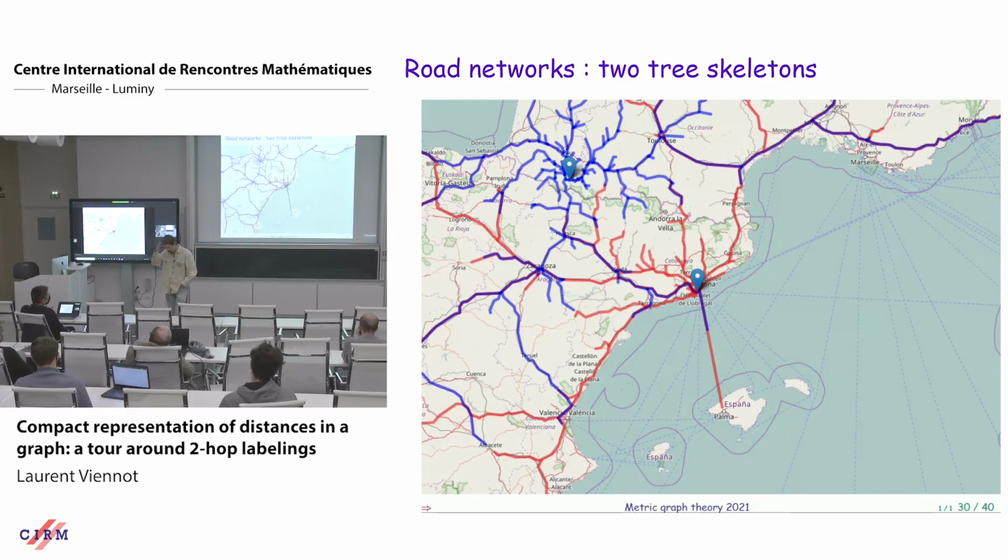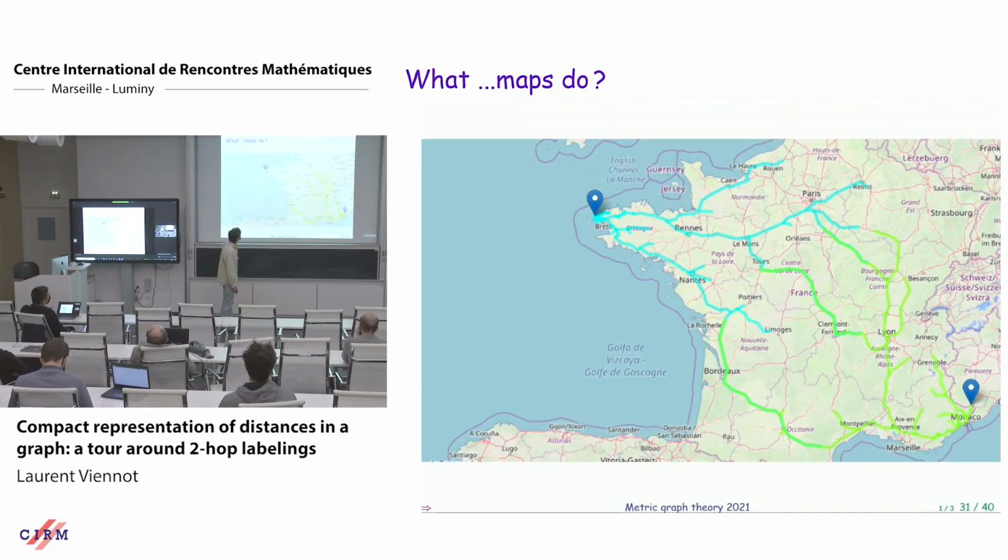So here you see two tree skeletons. Interestingly, you see that you get several paths just using the skeletons. So this is for fun. I did this also for France. I love Spain, but I also love France. And so here you see the tree rooted at Brest and the tree rooted at Monaco. The skeletons only. I selected these two nodes because these are the two nodes which are furthest away by the road network in France. So you see the diameter. The diameter of France is one of these paths connecting them.